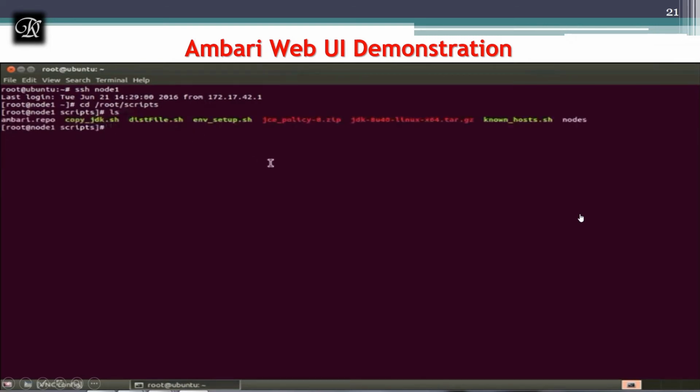You can check out, I have Ambari installed already in it. To start Ambari, first we have to start the server. Before that, we have to set up an environment by using the setup environment. Then once after starting the server, we have to start the agent.